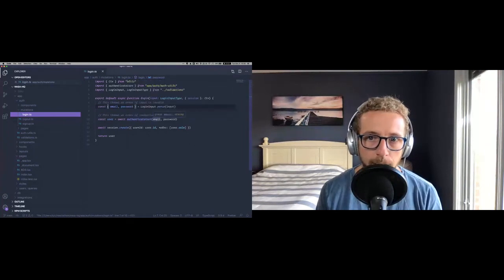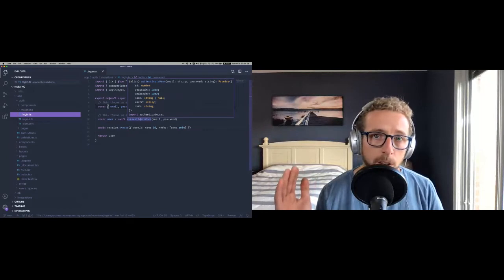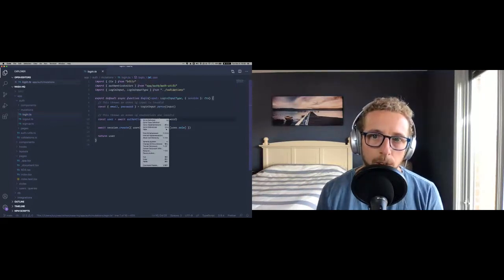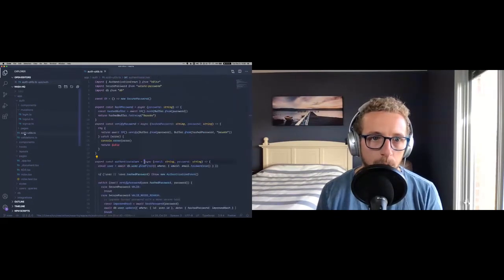Okay, so now that we have valid input, we have this authenticateUser function where you pass an email and password, and that's going to return a user. This is a file currently, so most of this code is generated straight into your project. We may abstract some of it into Blitz itself, but right now it's all here. So if we go to this authenticateUser, this is in app/auth/auth-utils. Definitely some of this hashPassword and verifyPassword stuff we're